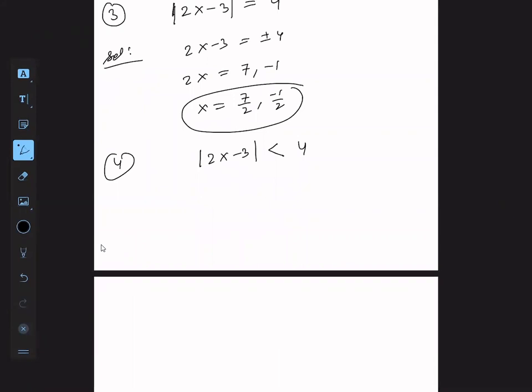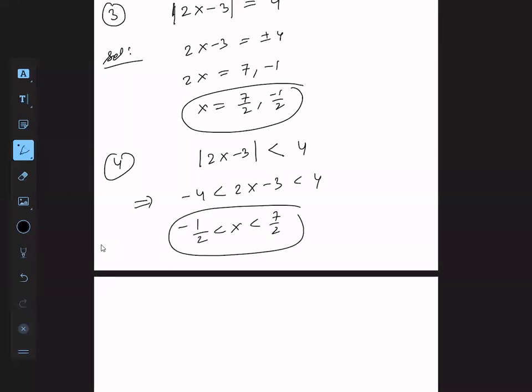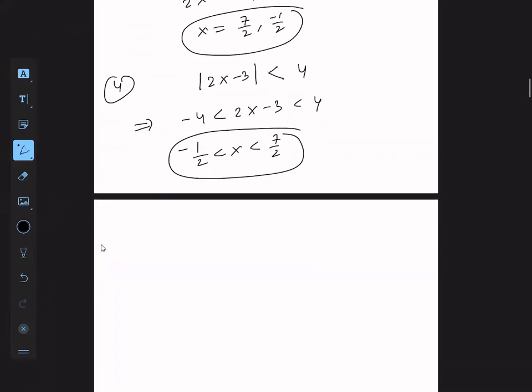Now, if mod x is less than a, then x will lie between minus a and a. So this is equal to minus 4 and 4. So x lies between minus 1 by 2 and 7 by 2. Similarly,